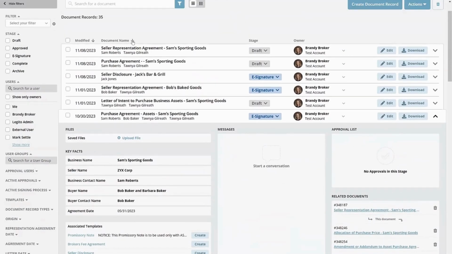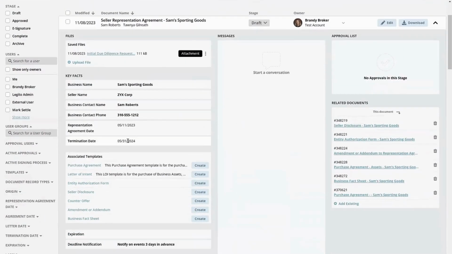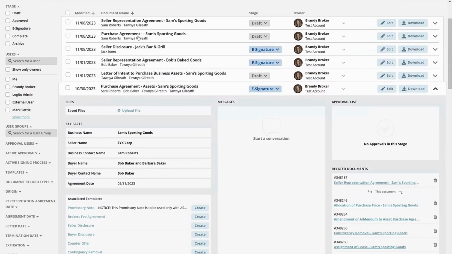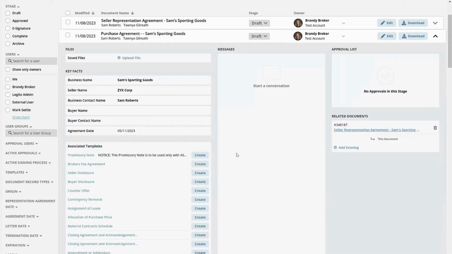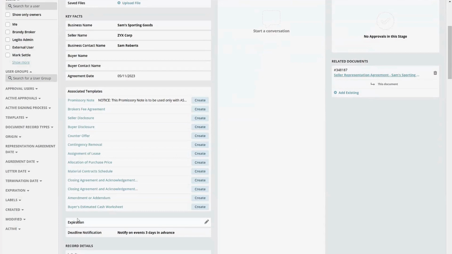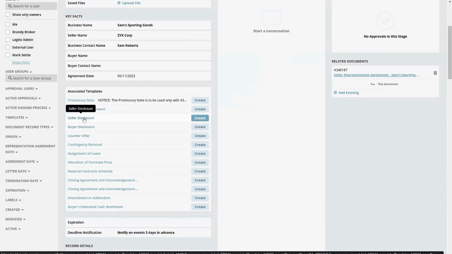One thing you'll notice is that in the seller rep agreement, your associated templates are what, 7 of them? But in your purchase agreement, you have a lot of other associated templates, and those are primarily your transaction templates. Seller disclosure is in both. It's associated with your rep agreement, and it's also associated with your purchase agreement because